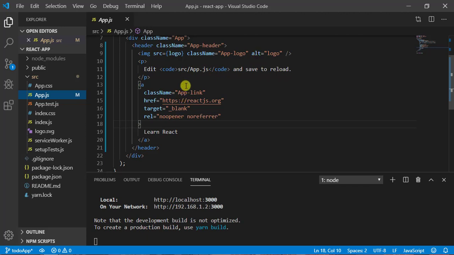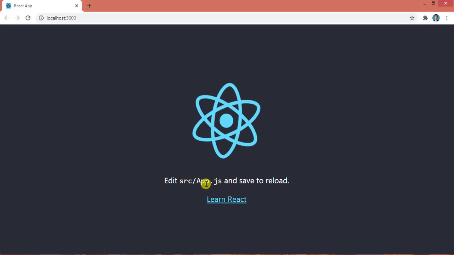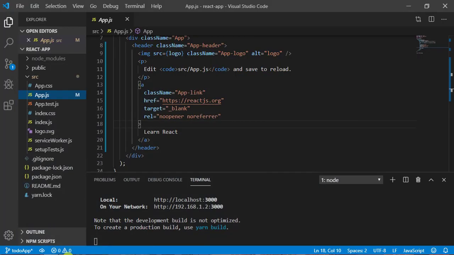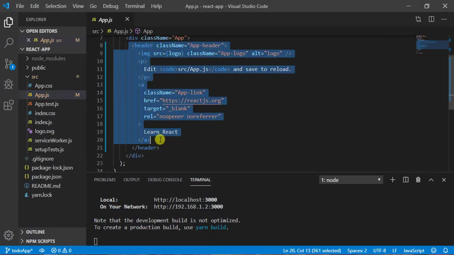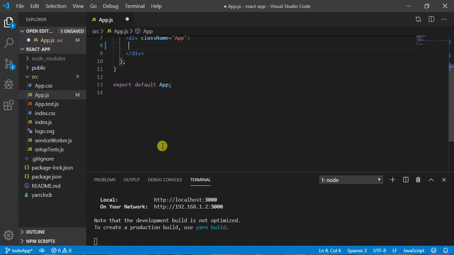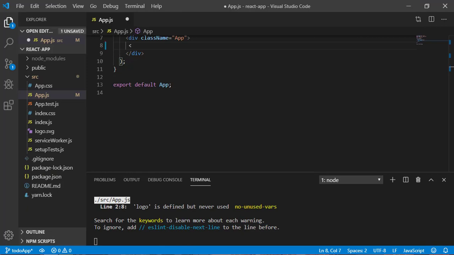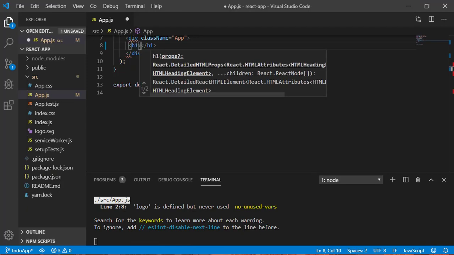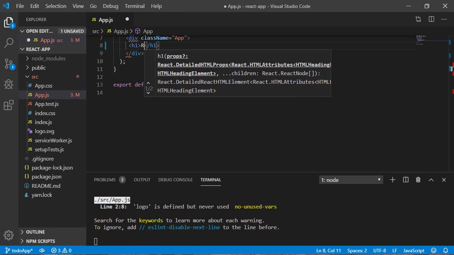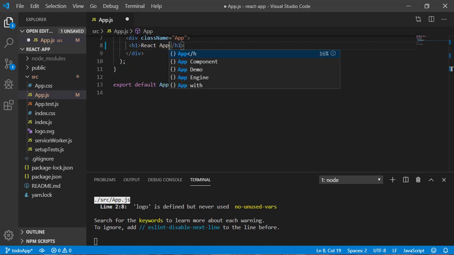You can see here "Edit and learn React." This application is already running in the browser, so let me show you. From here let me remove all this boilerplate code. Now you will not get anything in the browser. Let me give a heading here, h1, and call it React app.